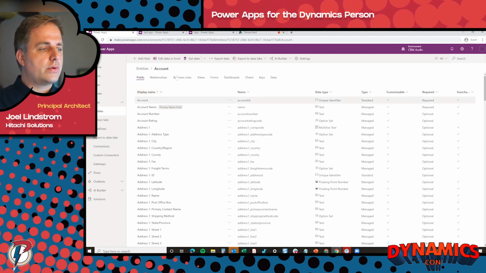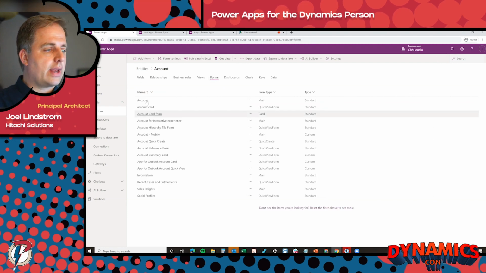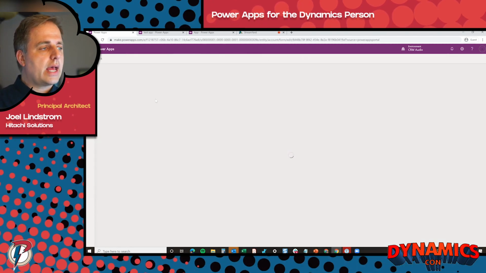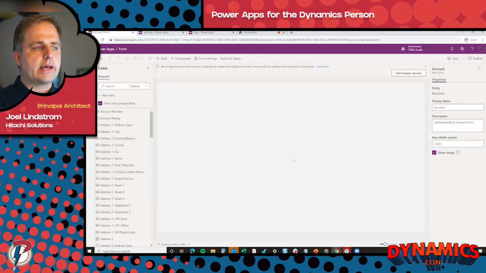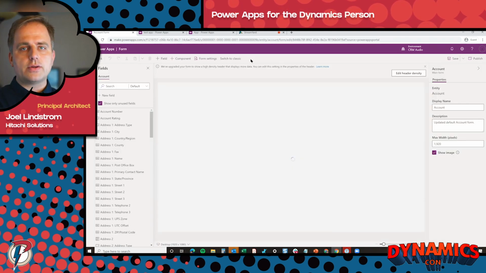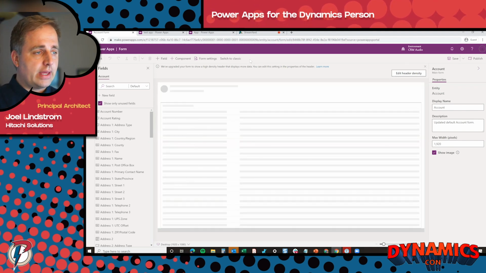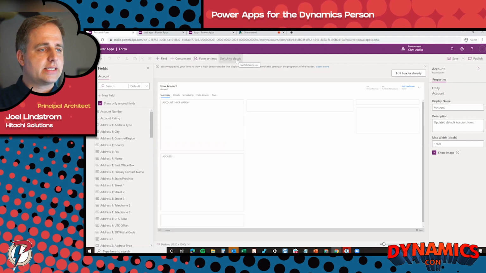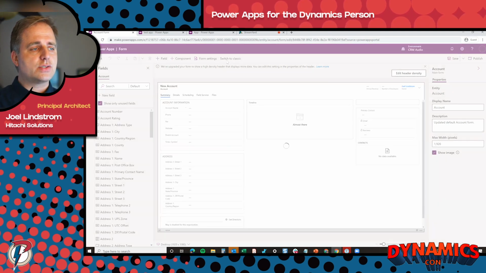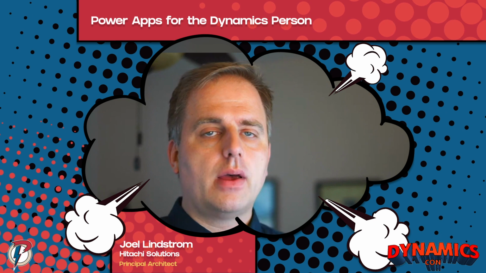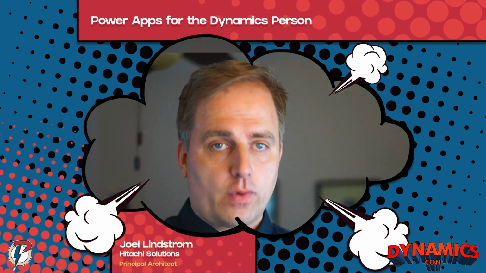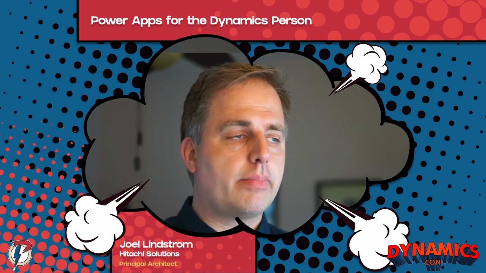So we can go to the form for, say, the account entity. And then what we can do is we have to go to the editing experience, but this is one of those things we still have to switch over to the classic experience. So you remember the Dynamics configuration experience. I can hit the switch to classic button here, and from there I just need to pull up the legacy form configuration for the form where I want to embed the Canvas app.